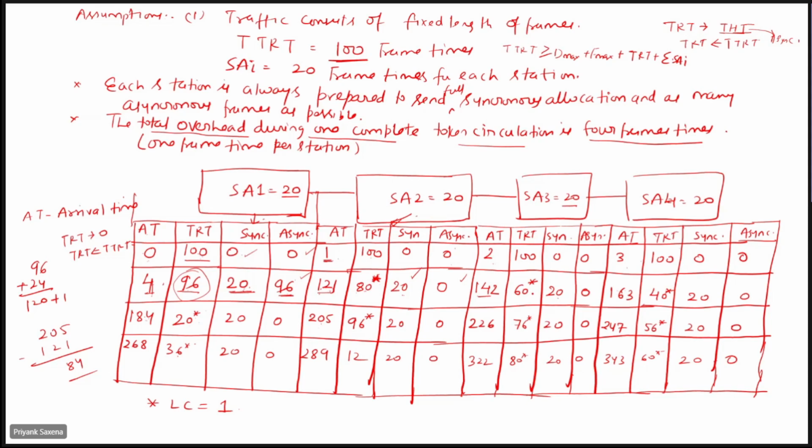decremented. This TRT value will keep on decrementing, so it is delayed by 40 units, so it is 60, 20, so it can send only sync when it is late, right? 184, so it is late by 80, 20, 20 sync भेजा। अच्छा अब यहां पे बताओ, 205। तो 20, 20 यहां पे था ना, और तो 0 हो गया होगा।